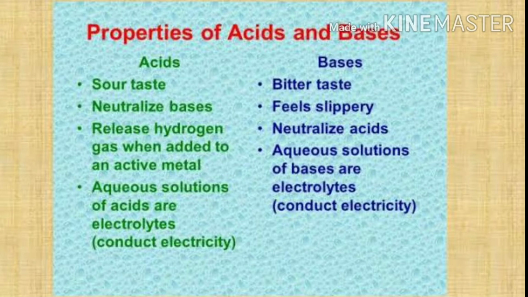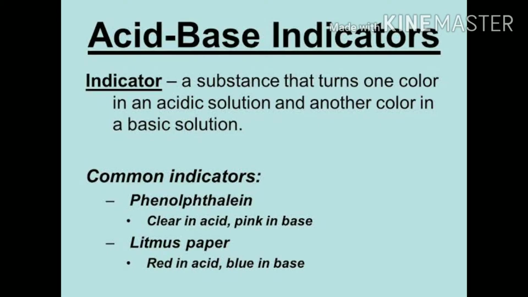The properties of acids and bases can be summarized as follows. We shall be discussing these properties and some reactions of acids and bases in detail in the course of the chapter explanation. We will also see that acids and bases cancel each other's effect. Now, for the time being, let us start a topic called acid-base indicators.